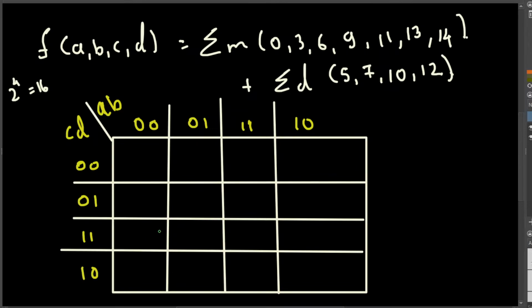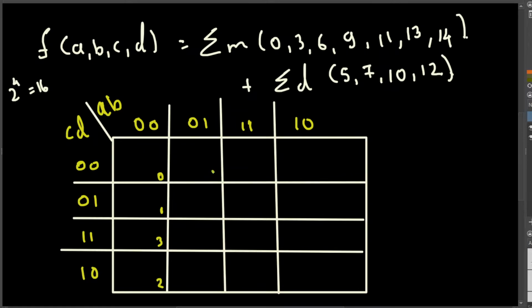The next thing is the location. You can look at this: 0 0 0 0 represents 0, 0 0 0 1 represents 1, 0 0 1 1 represents 3, 0 0 1 0 represents 2,